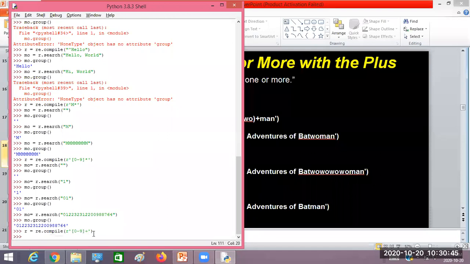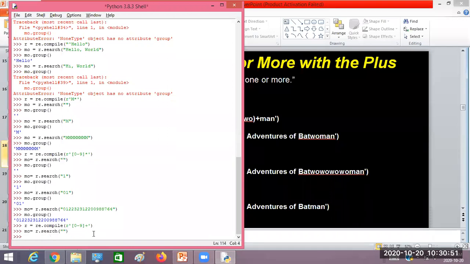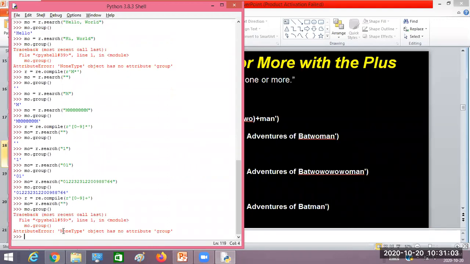Now let us see this example. Will it produce any result for this one? I'm matching with empty. Will it match? No, it is going to give an error message because at least 1 occurrence of a digit must be there, but there are no occurrences here. It's empty data.